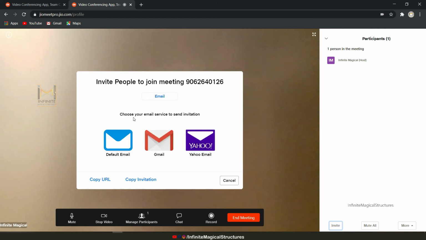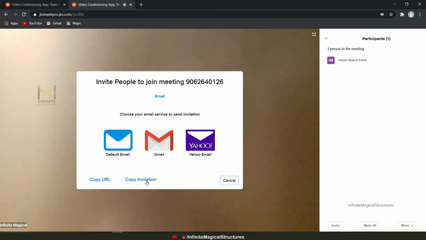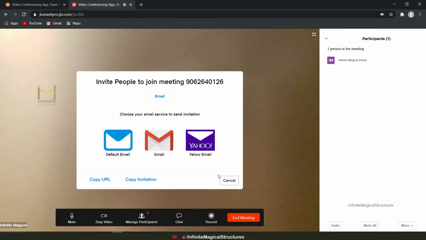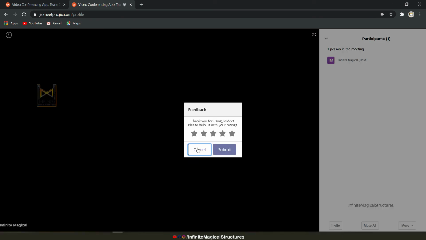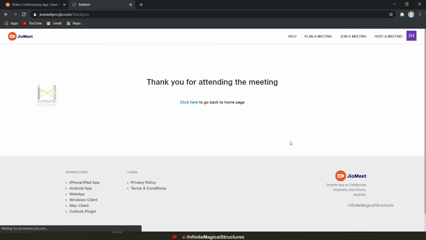That means you can invite the participants using the meeting ID, and you can also share the invitation link using email, Gmail, like that. Or you can copy the invitation and send the link to whichever participants you are willing to have join. Then after that you will be prompted with a message that says thank you for attending the meeting.